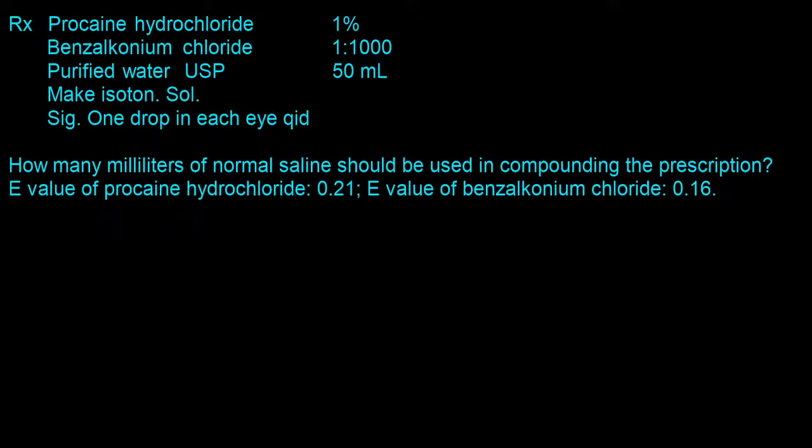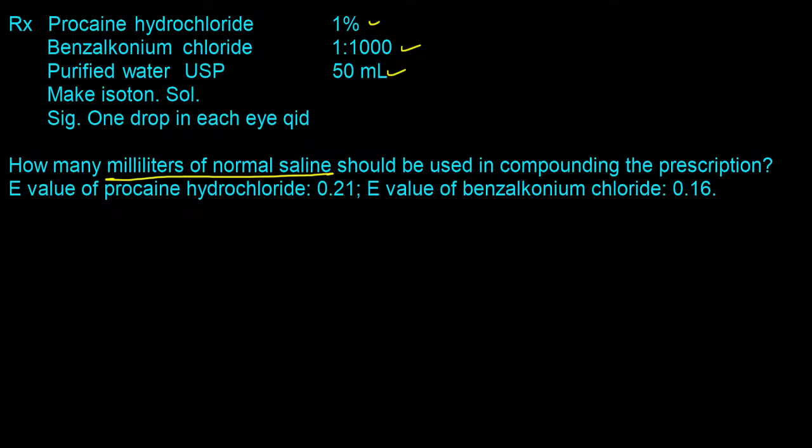And here the question states, you have your entire prescription. You have Procaine hydrochloride, which is 1%. You have Benzalkonium chloride, which is 1:1,000. Then you have the volume, 50 milliliters. And the question is asking how many milliliters of normal saline should be used in compounding the prescription. And then the E value for Procaine hydrochloride is given as 0.2, and the E value of Benzalkonium chloride is